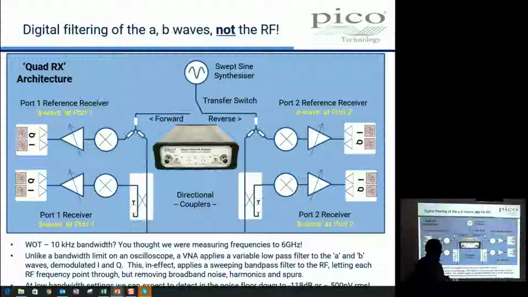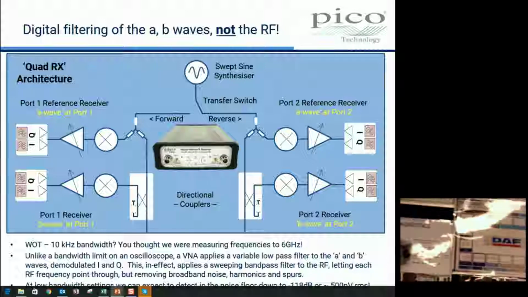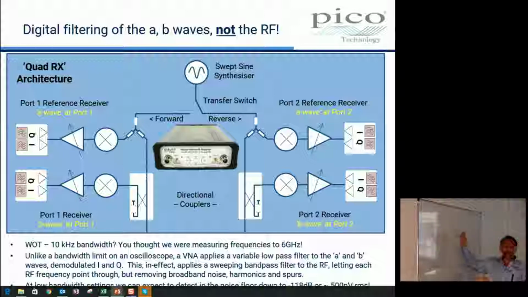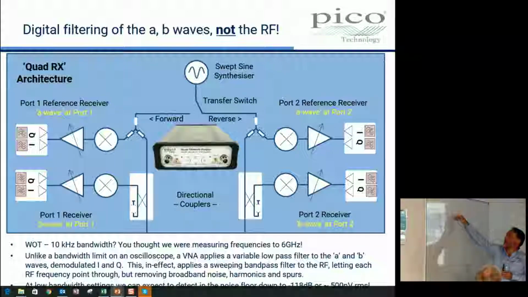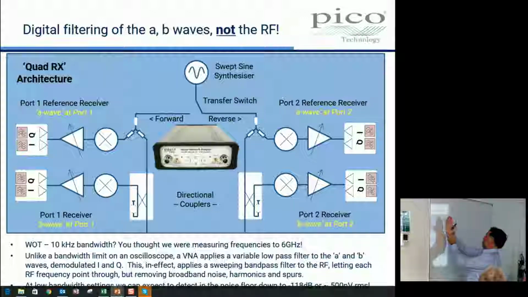The mixer is in the receiver, and when I tune, this is what happens. Let's pan around to the board here. What a mixer does, if I'm tuned to 3 gigahertz, say, I'm actually doing a sweep, aren't I? But if I'm tuned to 3 gigahertz at this instant in time, and I send to the mixer a frequency of 2.999 gigahertz, then my output from the mixer will be at 1 megahertz or thereabouts. And I can do this at all frequencies. So as this 3 gigahertz is doing this,